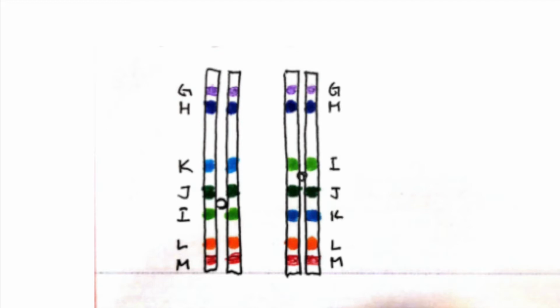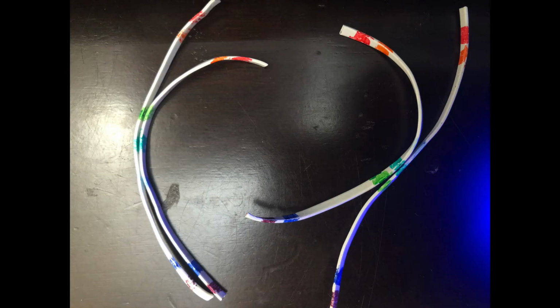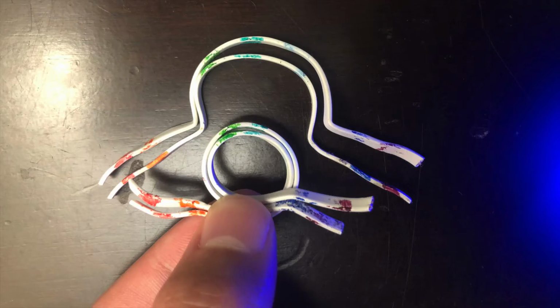MLKJIHG, we see that there is a pericentric inversion with the I, J, and K loci. That just means there's an inversion where the loci are switched that include the centromere. So if we were to cross these two, then it would have to become oriented in a way where the loci are lined up together. But because there's an inversion, it has to be oriented in a specific way. And so this is how it will look.